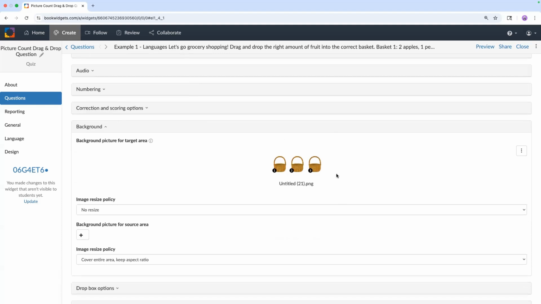Now, if you notice in this one, we have 3 different baskets. What I recommend doing is using a tool like Adobe Express or Canva or even Google Slides and saving a slide as an image. Create your image with the container, and then you can drop them in. Another idea,